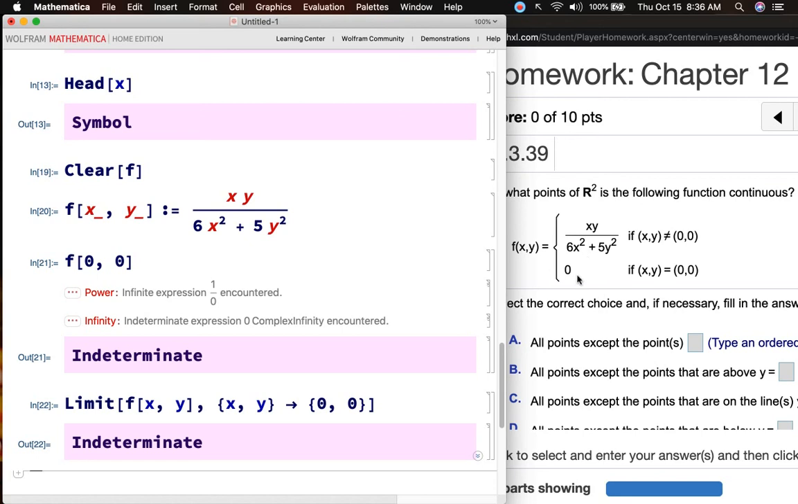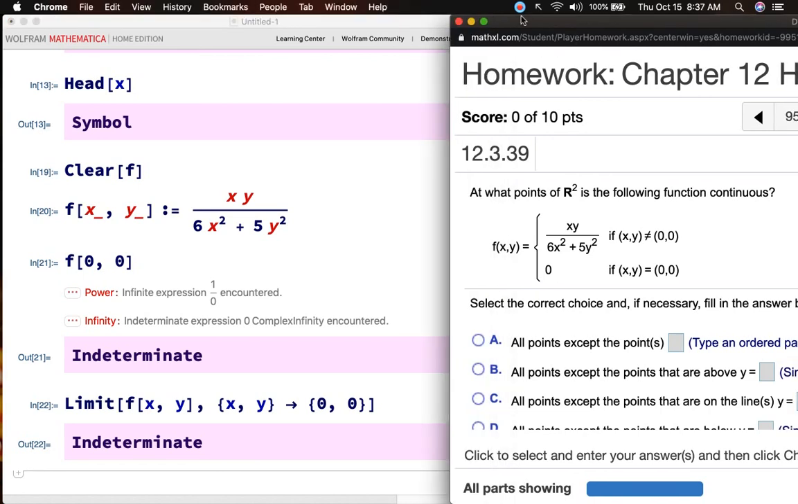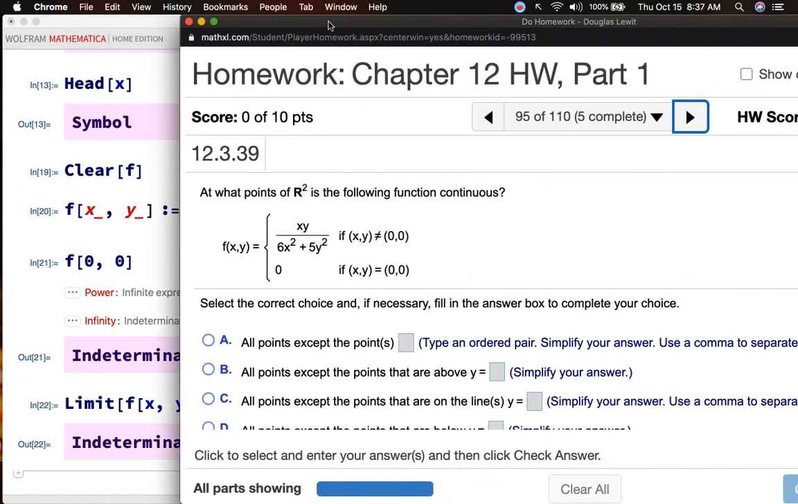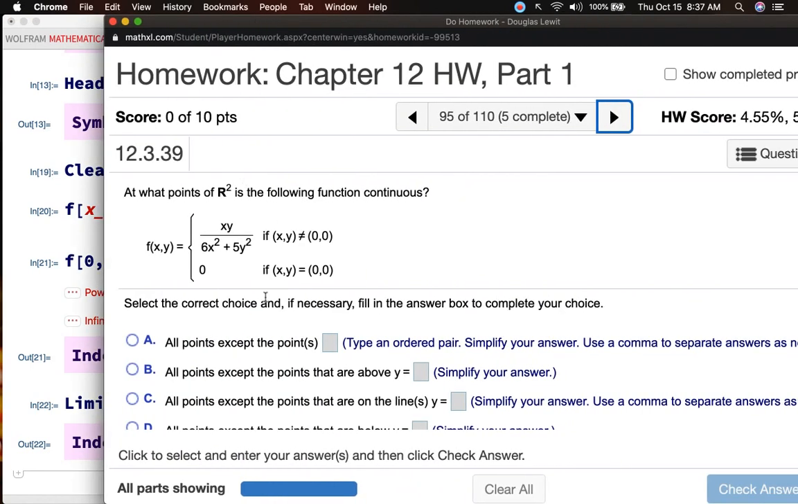This is a piecewise function. When x and y are equal to 0, 0, f of x and y or z will be equal to 0, but it's not equal to the limit. It's not equal to the limit. Therefore, and this is an important concept, okay,